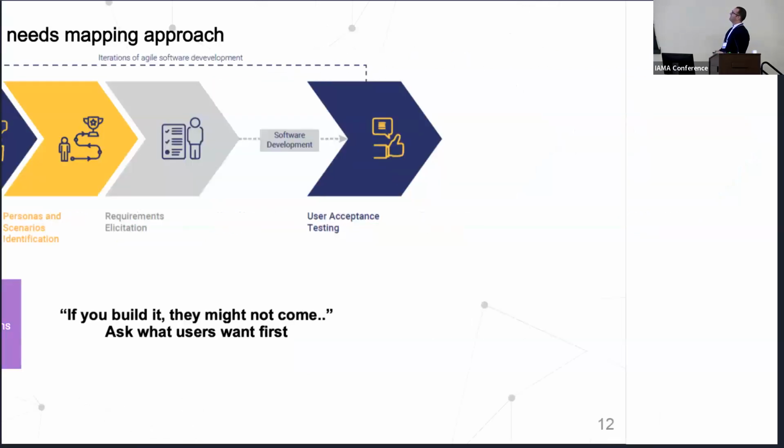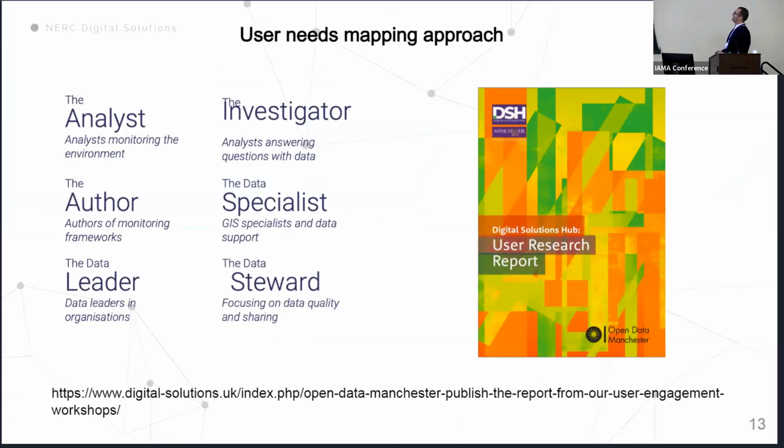The key thing we got from that was understanding the archetypes in these organizations. If anyone's interested in that research, there's an 85-page PDF, which you can look at for a bit of bedtime reading. We started to map people in the organizations to the roles that they had. These were the general roles. Some people just wanted to tell a story with data, but we did have modeling specialists and people like data stewards who were worried about data quality and data sharing.